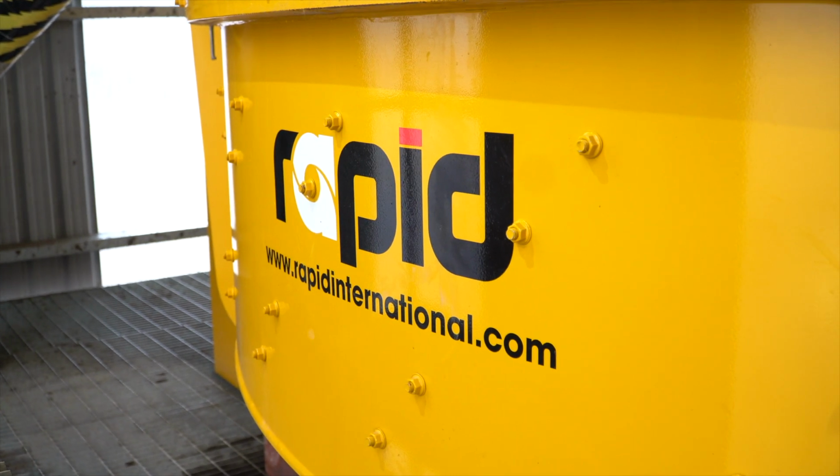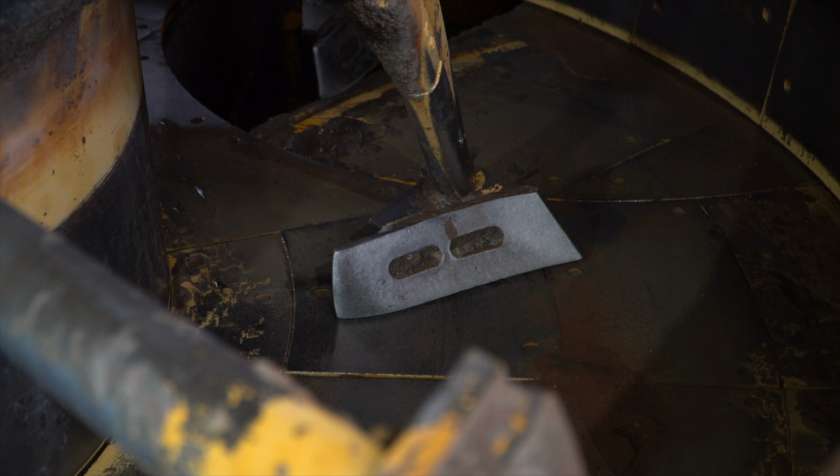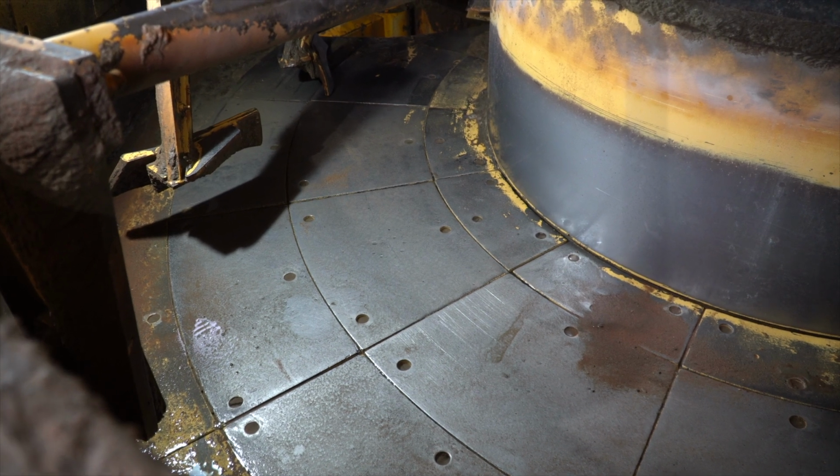The reason that we chose to go with Rapid is because we wanted to buy British. We know it's guaranteed build quality. We've run similar pans in the past, haven't been able to withstand the wear and tear and the amount of